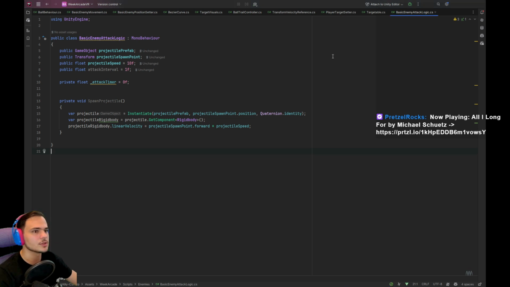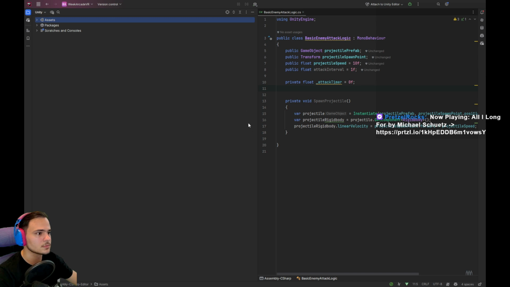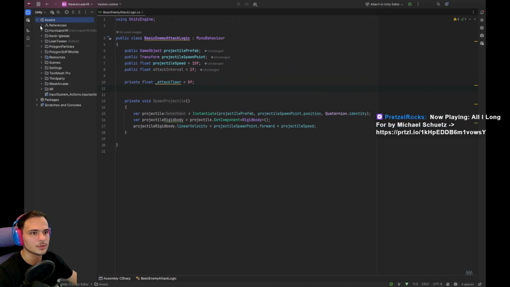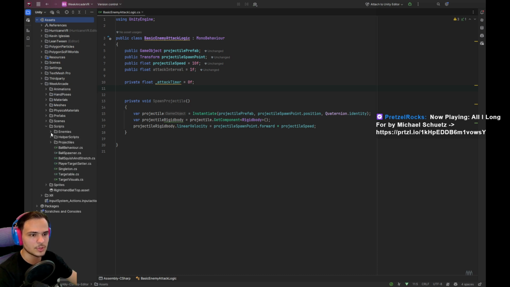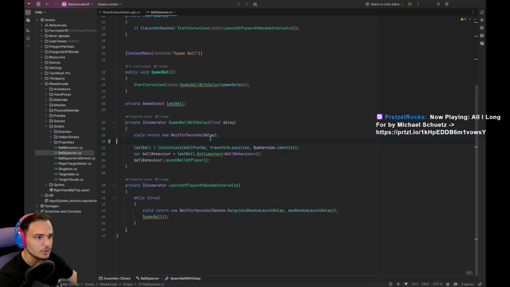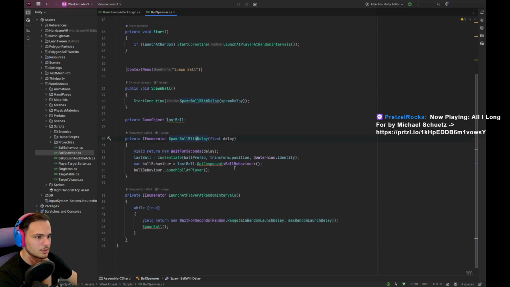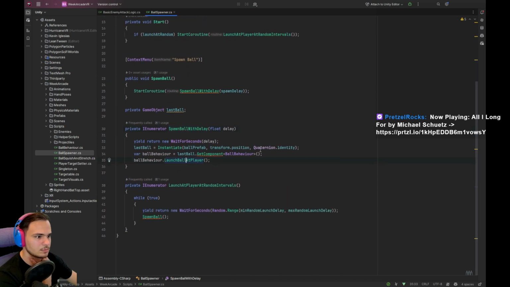Okay, let's take a look at what happens there. We can close other, and we're getting to the point where it actually makes sense to do this. Scripts and ball spawner. Let's take a look at what happens here. You can remove this because this is not necessary anymore. One ball with delay. We have a function of ball behavior, launch ball at player. So the only thing we need to do is instantiate the prefab